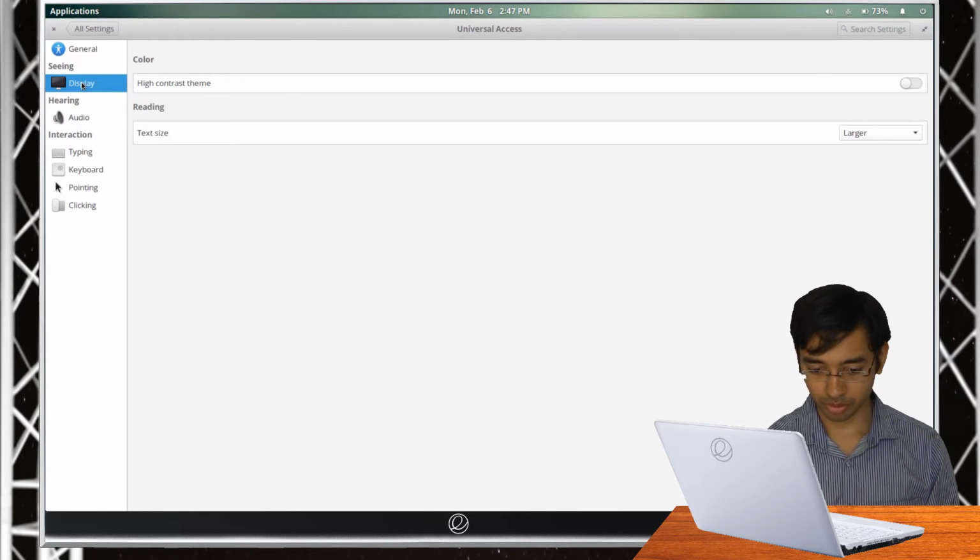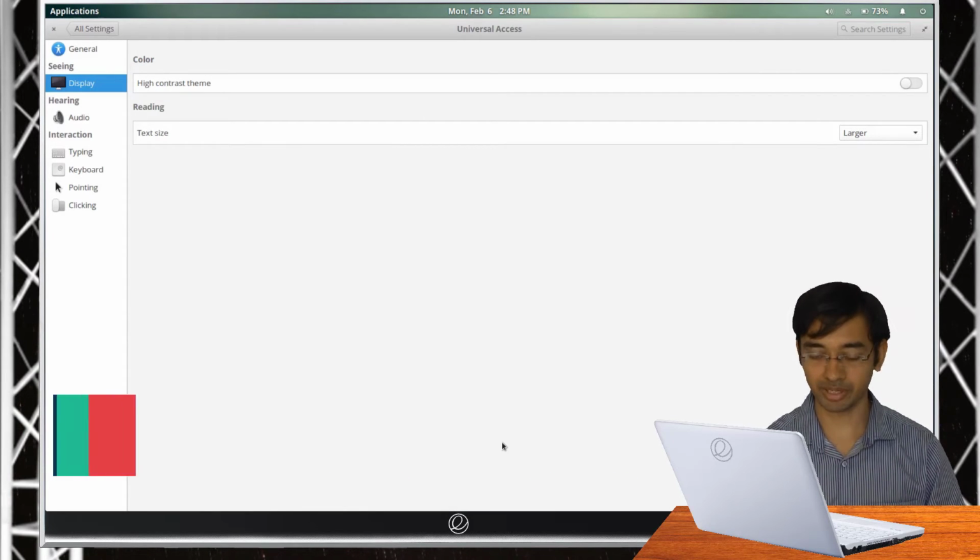One thing that I would like to point out: if you've got a Retina screen, it would be a problem to use your default screen resolution in Elementary OS. If you use the system with your default screen resolution, the font and the icons won't scale properly and it will look quite small. For that, at present, the only option is you can increase the text size and you can increase the dock icon size. That is the only option for high DPI screens.